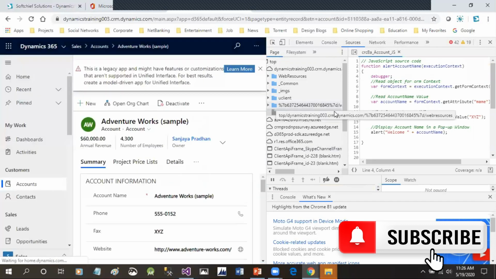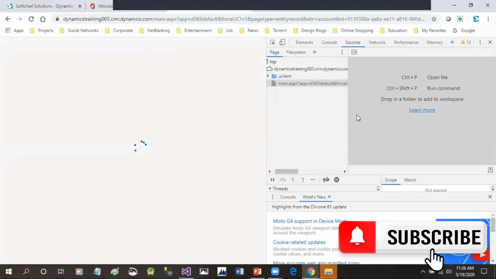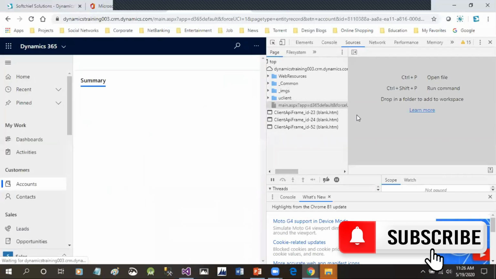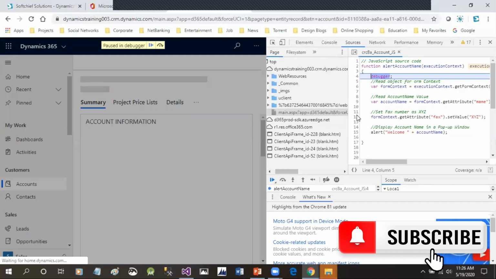Sorry, I clicked some wrong button, so it just went out of this debugger line of code. I will just reload again. Okay, now here it is.